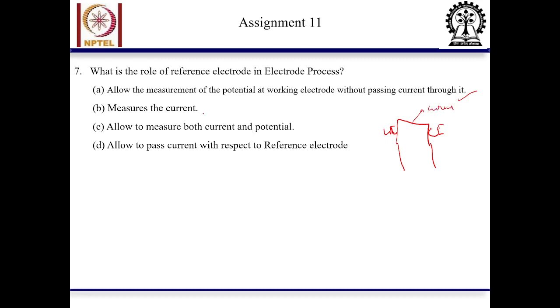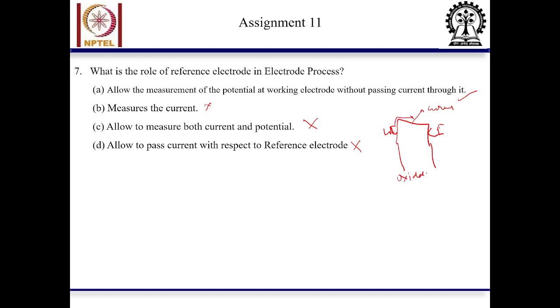Okay, so this is also correct. Allow to measure both current and potential is wrong, because we are not measuring the current there, we are measuring only the potential. Allow to pass the current with respect to the reference electrode is wrong because we are passing the current between the working electrode and counter electrode. So in the working electrode, whatever reaction is happening, suppose oxidation is happening, the electron will